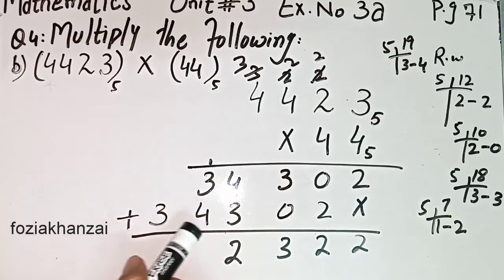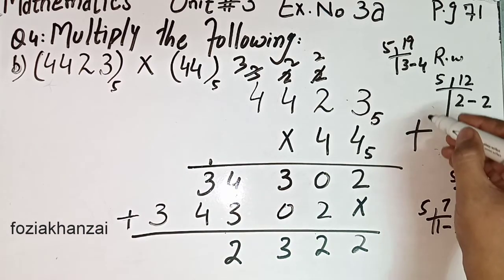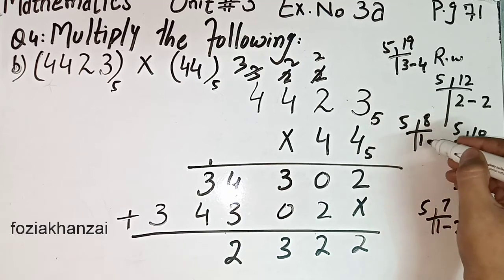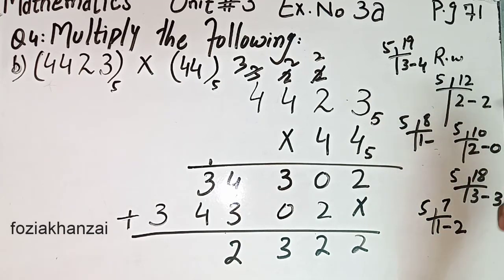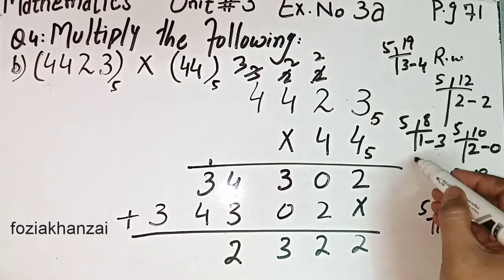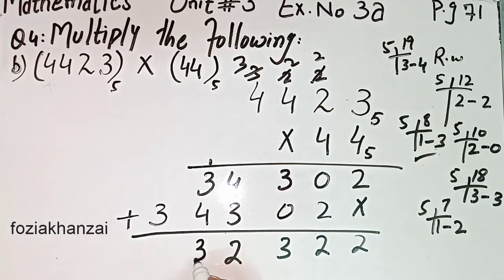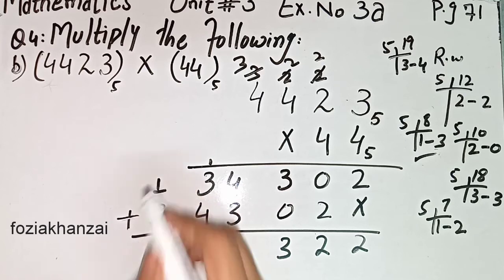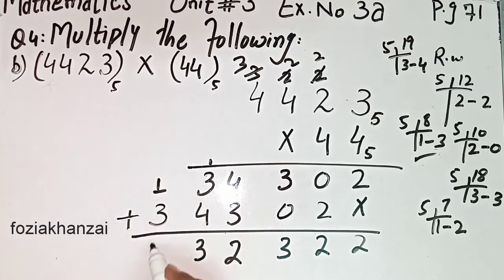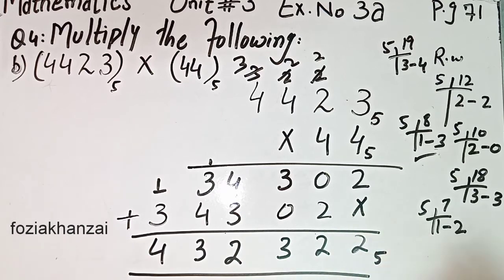3 plus 1, 4, 4 plus 4, 8. 8 equal to, now we convert it, 8 equal to 5 ones are 5, 6, 7, 8. 3 is left. It means in base 5 system, 8 equal to 13. Clear? 13. So 3 right over here, 1 carry. 3 plus 1, 4. 4 is less than 5. As it is copy down, put base. Done. Second part B1, question number 4.